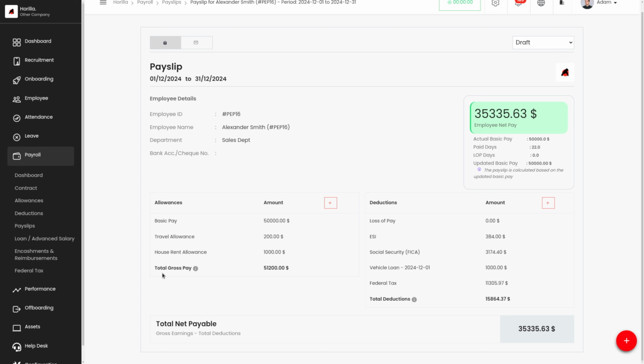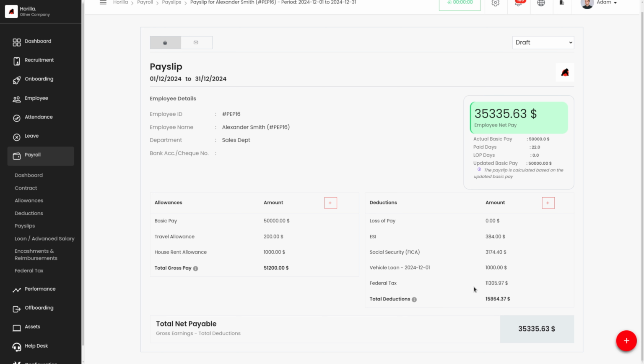We can also view the allowances and deductions that are set for this employee. We have different allowances, that is basic pay is this much, we have the travel allowance, the house rent allowance, and the total gross pay. And in the deductions, we'll be able to view the tags that we have set. These are different deductions that have been made for the employee, like the ESI, social security, vehicle loan, and then we have the federal tax. This is the tax that we have calculated according to the filing status that has been set in the contract of this employee.